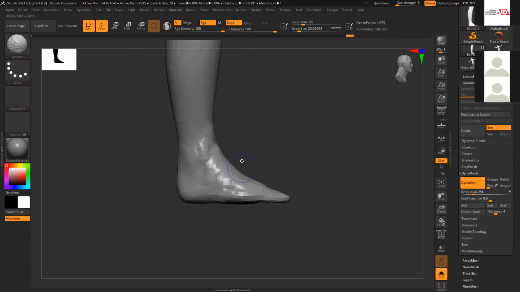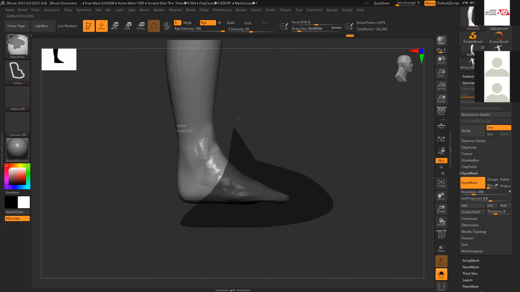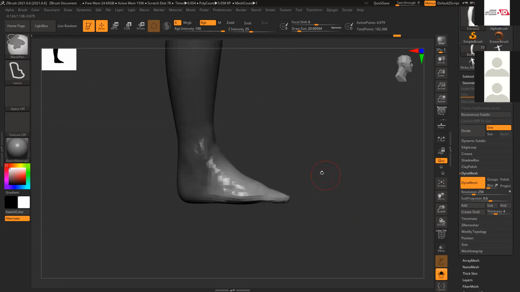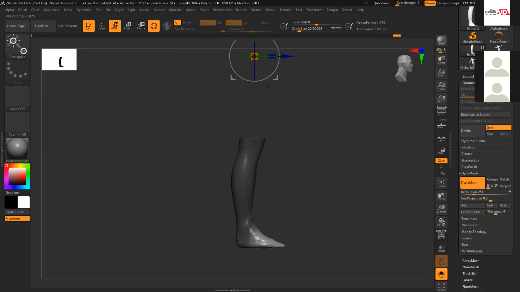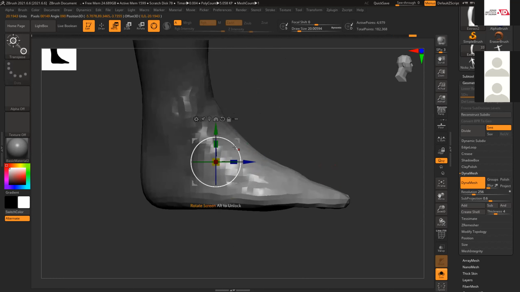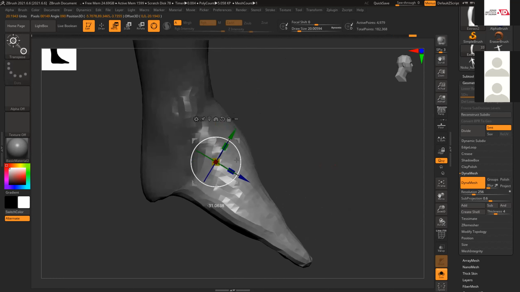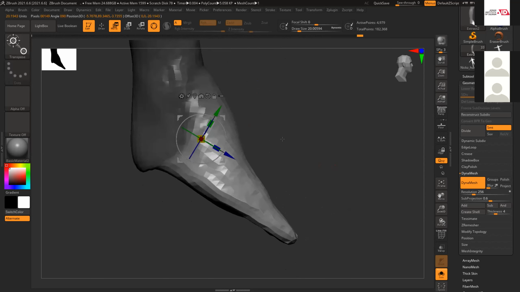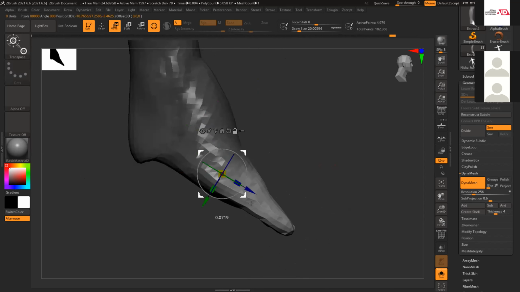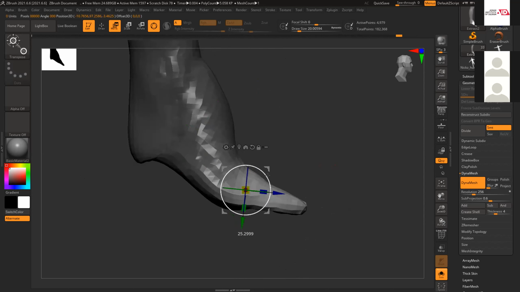You can fill it like this, or one more thing you can do, suppose you want to create the heel part, you can simply slide like this, smooth it, invert it, move it here and bend it, then select and bend it again.